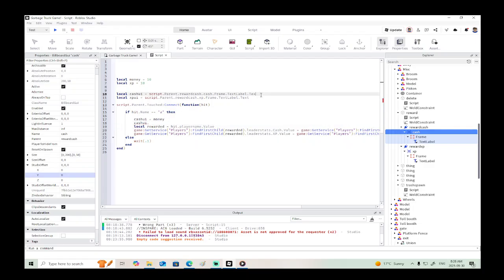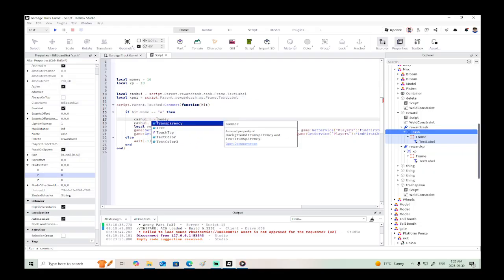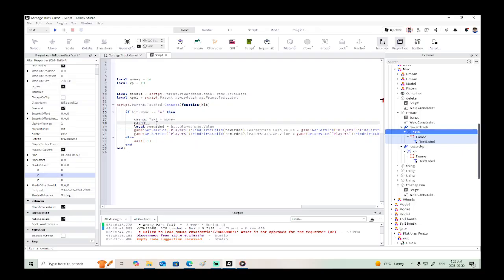Here, instead of getting it to dot text, we're just going to get the label, and then this will say dot text, so that way we can get into the properties of it. So this will be dot stud. Oh, this is the cache dot parent dot stud offset. Dot stud offset dot y